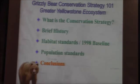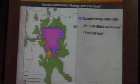So I'd like to make a few concluding remarks, and actually my first one is a question: has the conservation strategy been a success? Has it been good for the grizzly bear? And I think every one of us in this room will probably answer this question a little bit differently. But the facts are